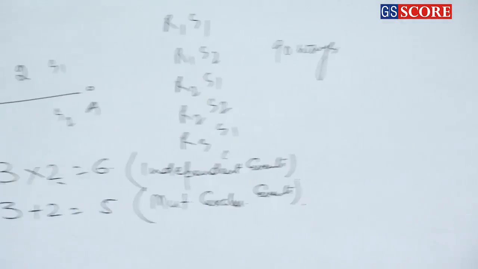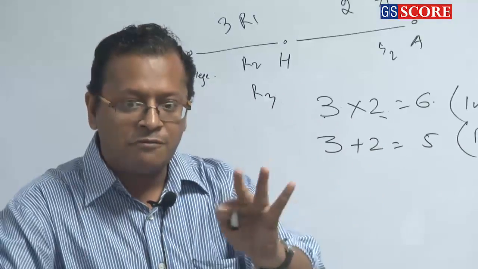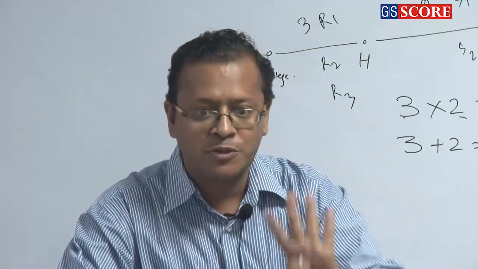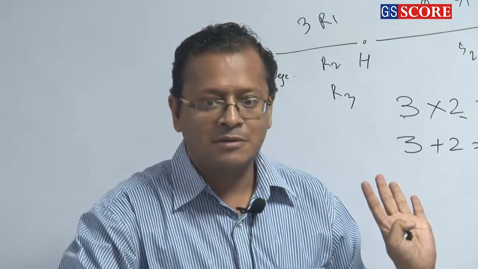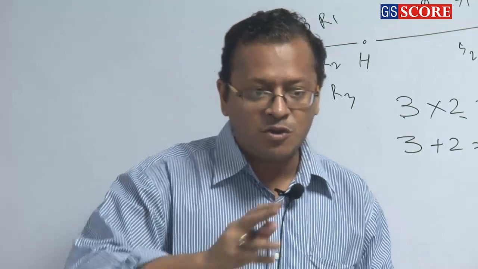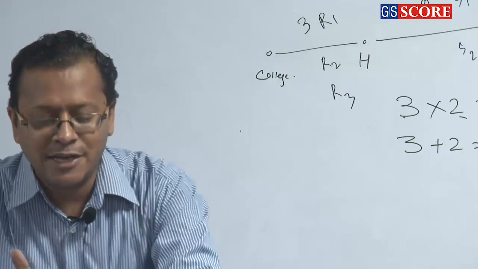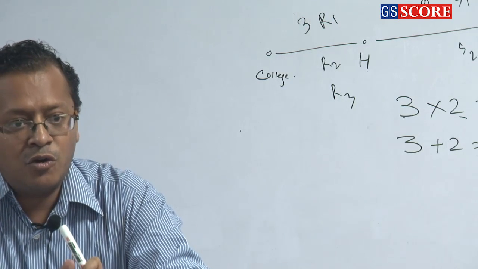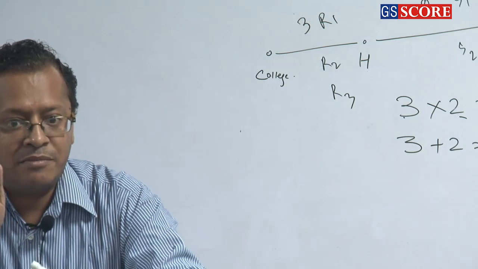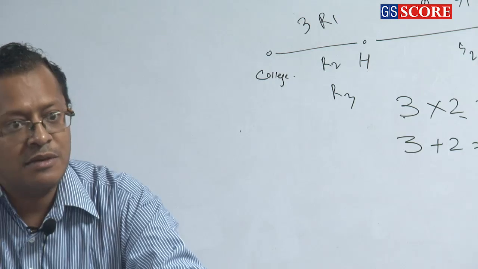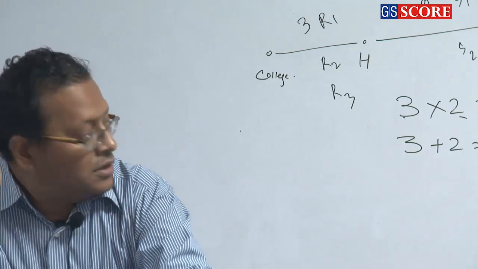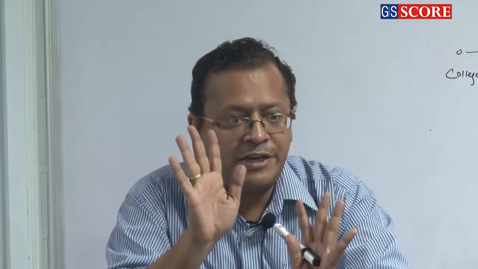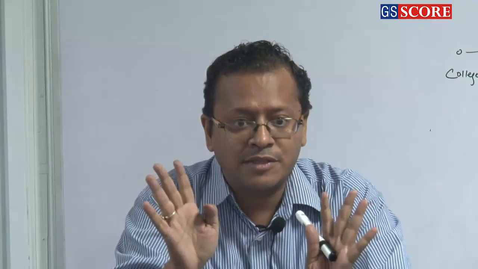Clear? If today Love would have come first and Pooja second, the number of ways would have been 10 into 9 only, but Love would have got more options to sit. Isn't it? So which means order is mattering here. It's just like when you book a seat in a railway, IRCTC, you have got more options when it is at, say, 10 am. But when it is at 2 pm, the seats get filled up because somebody else has booked. Clear or not? So here also this is the same thing. Number of ways is 90, but the order is mattering. Who comes first, who comes second.